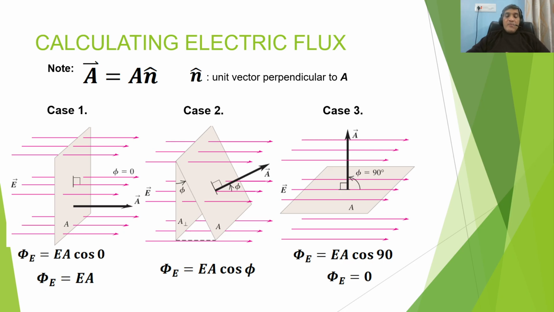So to get maximum flux, we have the same direction of electric field and parallel direction of area vector, and if we have a perpendicular direction of electric field and area vector, the answer comes out to be 0. And if we have some angle intermediate between 0 and 90, the answer may vary according to the value of phi. So I think we have explained in a very broad manner what electric flux is and how we calculate it if we have different angles between electric field and area vectors.